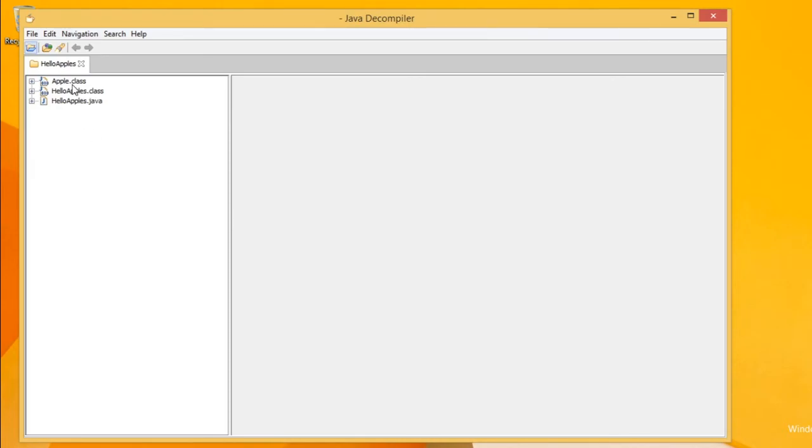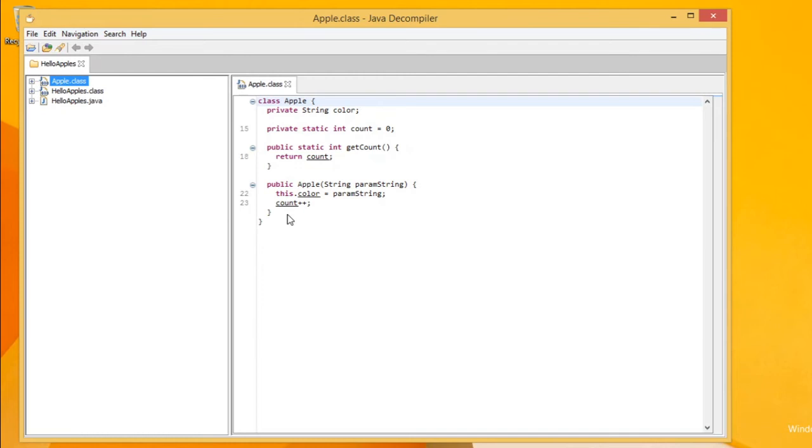Now we got it. This is the bytecode for the Java class that we wrote. Let's write the same thing in Scala and see what the differences are.